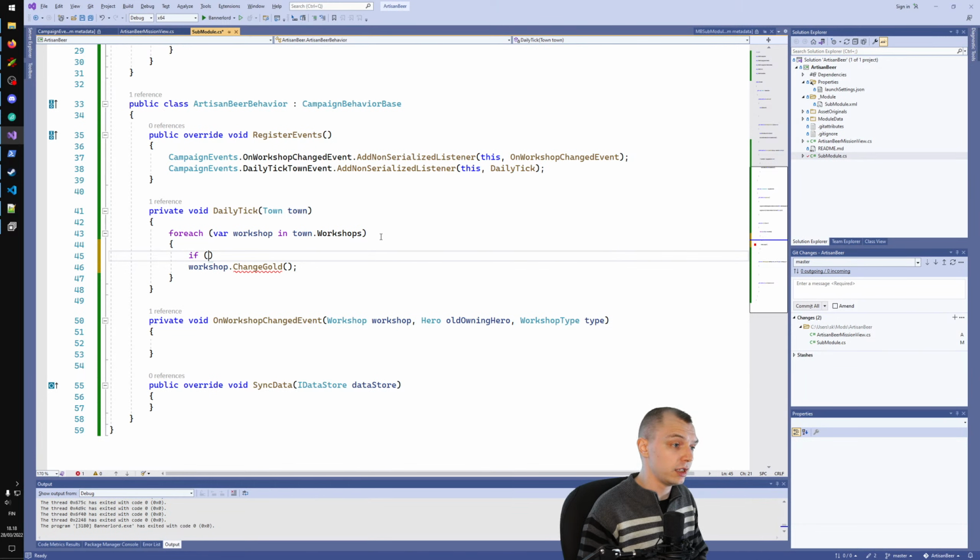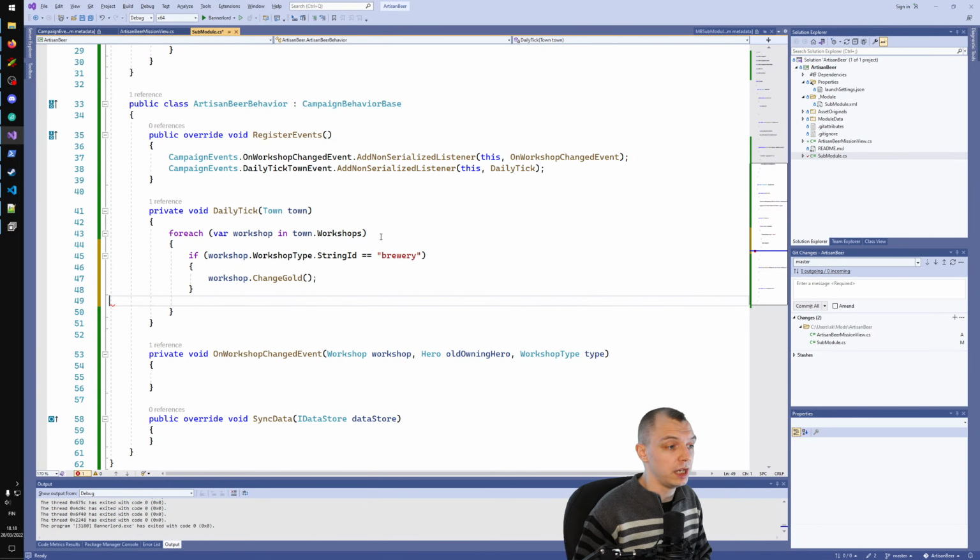So let's first check the workshop type. I happen to know that, wait, what? Workshop type string ID. I was in the C# type. If the workshop type string ID is brewery, then